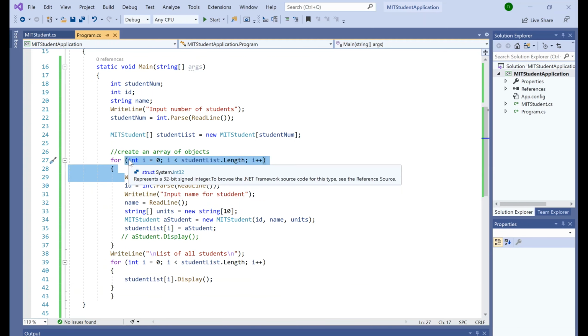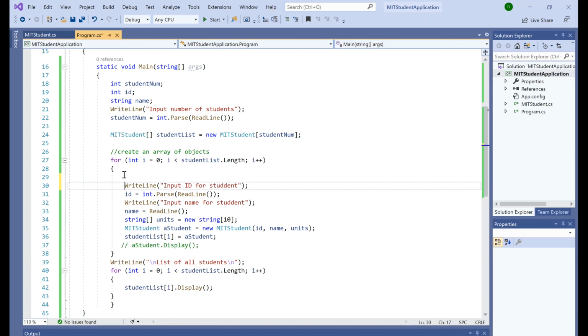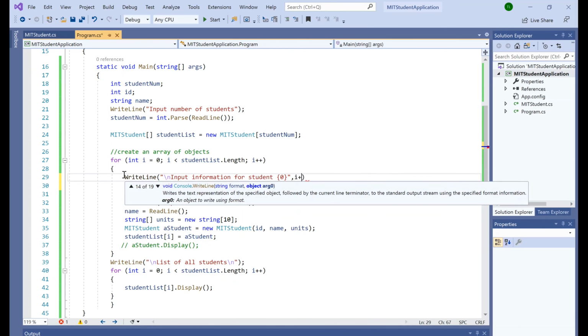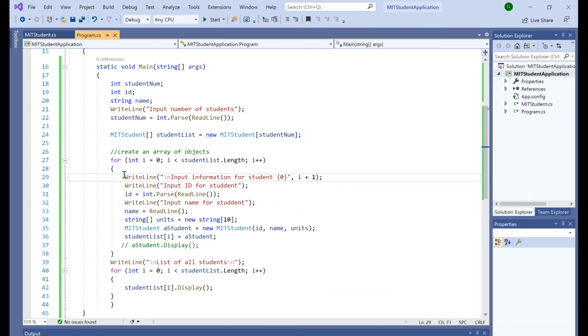But before that, I want to write some more so that it looks better. So in here I say write line, and I say input information for student 0, and in here I say i plus 1, so that we know we are inputting the information for the first student, for the second student, and so on. Okay, so